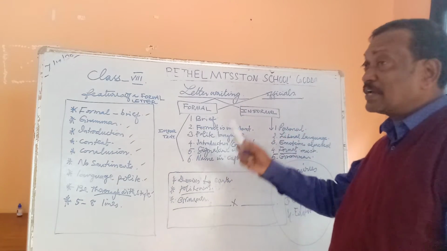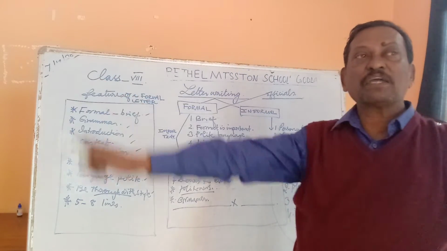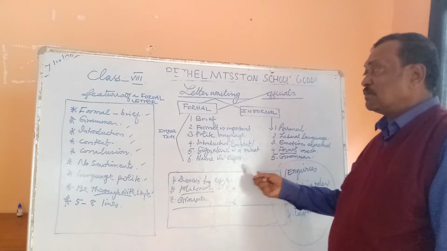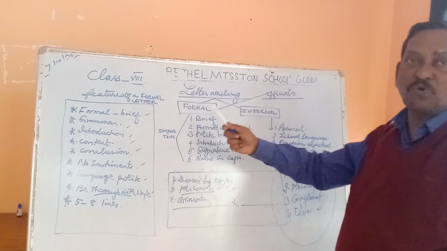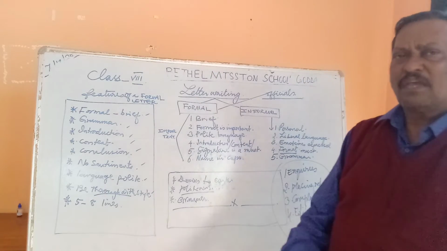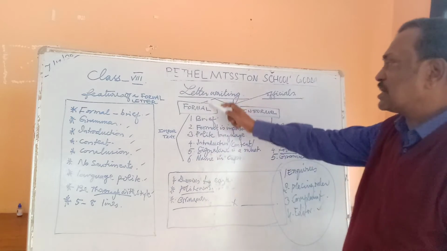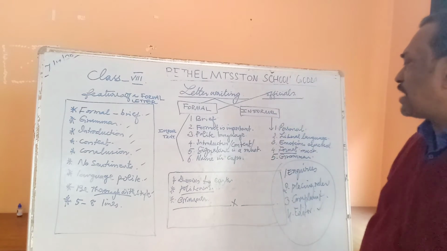And after the signature, the name in caps. You give your signature, then open a bracket and write your name in capital. With this, the formal letter comes to a close, or you can say it attains its proper shape. You need to fulfill all the requirements.